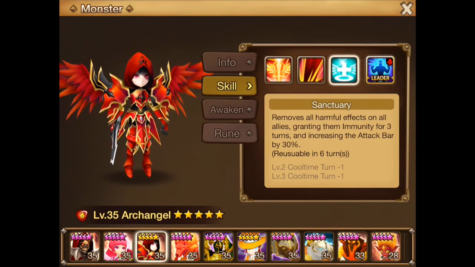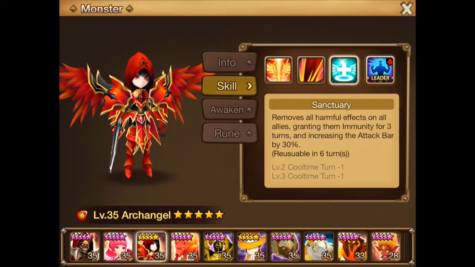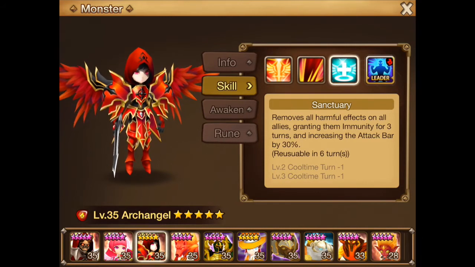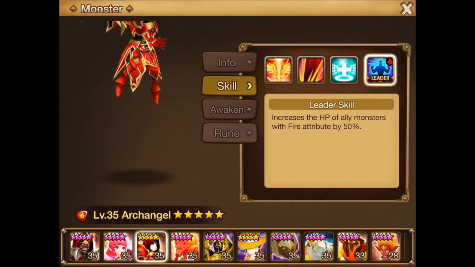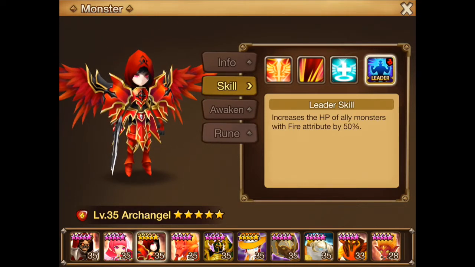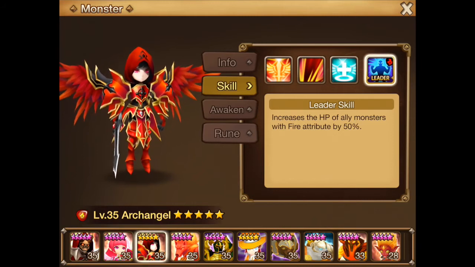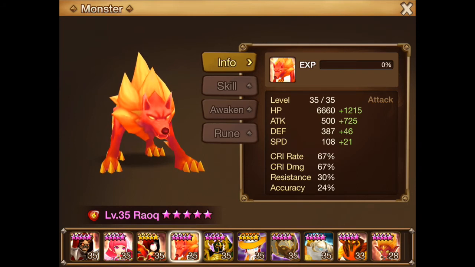You can mix it up, but yeah, extra hit points will utilize him quite well. And then of course he has this buff, but that's really only for fire monsters, so not too useful in the overall picture. Now, Rogue is always a nice monster, but